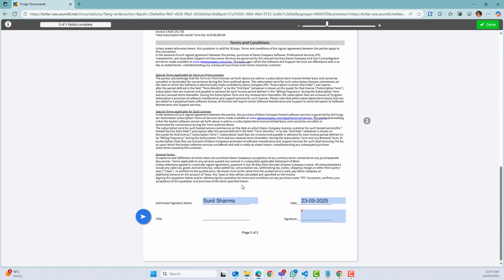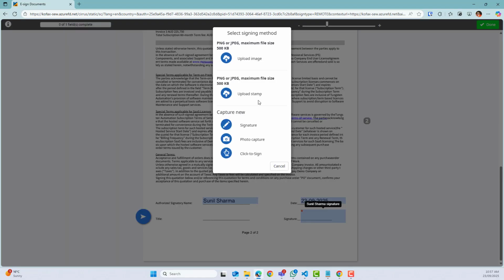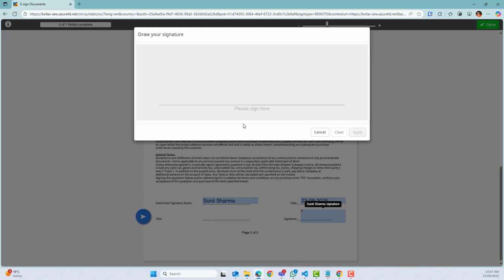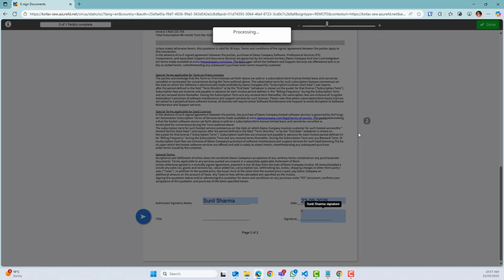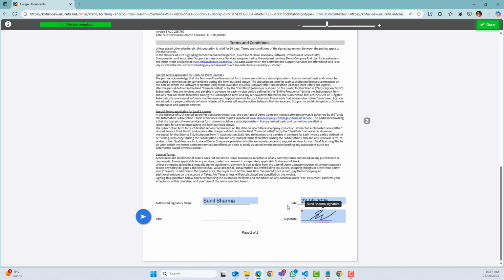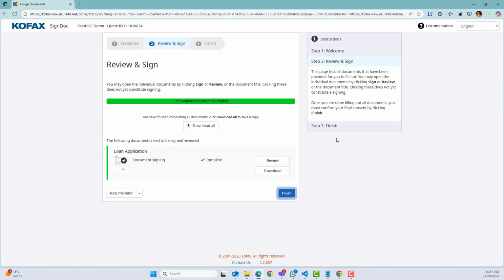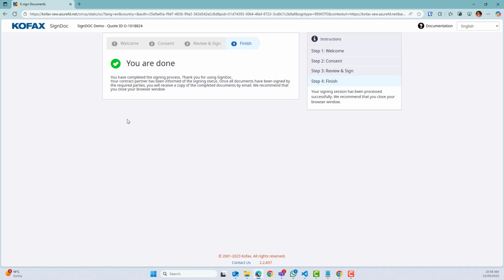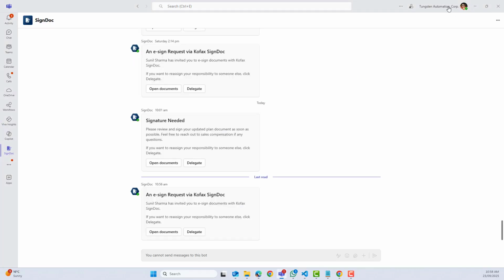What we have done from SignDOC is we have picked up the name which was there on the web page, created a field for the name. Similarly, we can create fields for title, date, and the signature. So if I'm happy to sign, I will go on the signature pad, do my signature, and finish this workflow. What is important to show after this is once this is executed and completed, I just wanted to show that